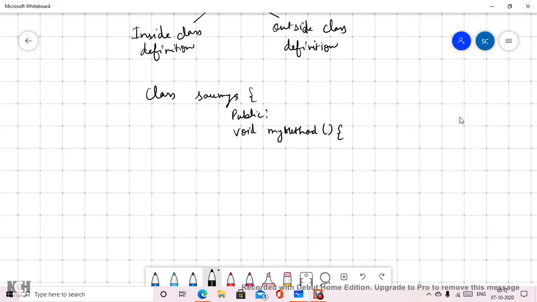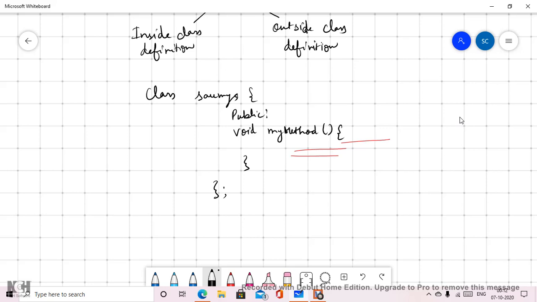Inside the method boundary, when I write the method, something will be written over here. That is the definition of the method. Okay, and after that we will end. If there are some more attributes, we can write them over here, and then we end the class. Okay, now this is the method or function defined inside the class.